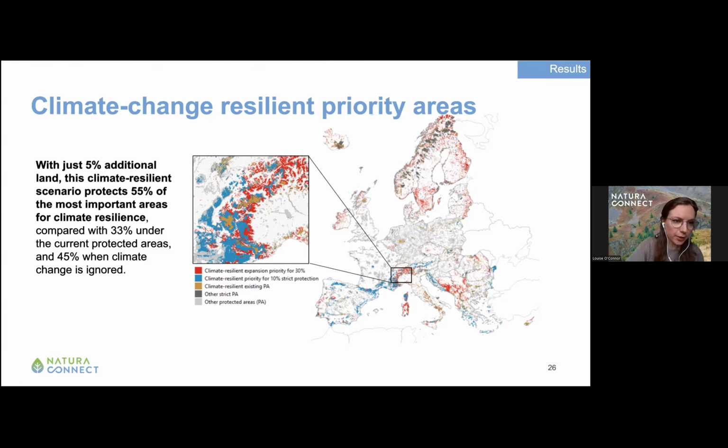And so with this scenario, we've found that with just, again, 5% of additional land in Europe, this scenario will protect 55% of the most important areas for climate resilience, compared with just 33% that are included within the current protected areas. And this is also an increase compared with a scenario where climate change is not explicitly integrated. Next slide, please.